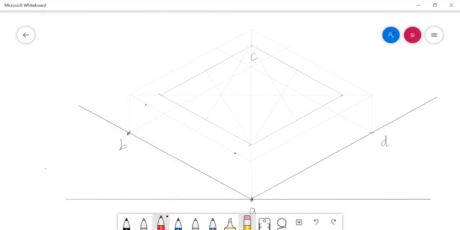After that, by using center 1, center 2, center 3 and center 4, I can complete the isometric view of the circular base here. How to execute the 4 center method for drawing the isometric view of the circle is already discussed in a few problems before. So if you have doubts, you can refer to those.